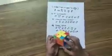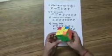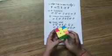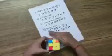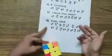Here we can see that this side is matched. There is orange, there is yellow, and here is blue. Here is orange, here is green, and here is yellow. Here it is also matched, and this is also matched. Now we will go to our final step. In the final step, there are two formulas. If you want to first put this formula, so you can use